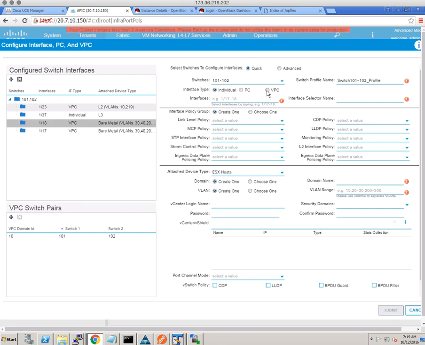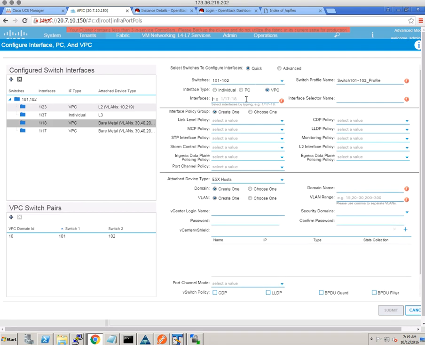So I selected the VPC, for example. If I'm just configuring the 1/17 interface, the link level policy should be default, so it doesn't matter. By default it is all 10 gig. For the port channel policy, of course, LACP active, and for the CDP policy, you can specify enable CDP, enable LLDP, depending on the monitoring policy. If you have any, you can use it, otherwise you can use default. For the Fabric Interconnect,